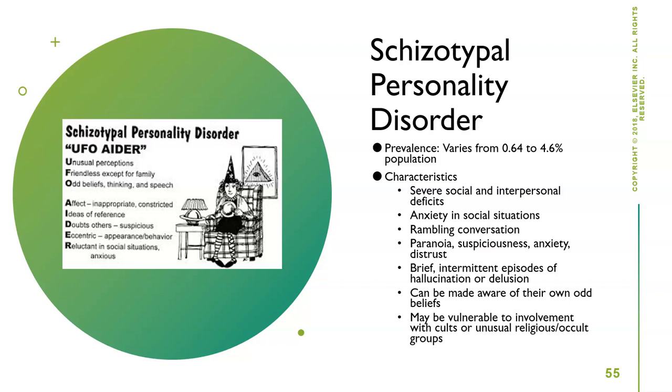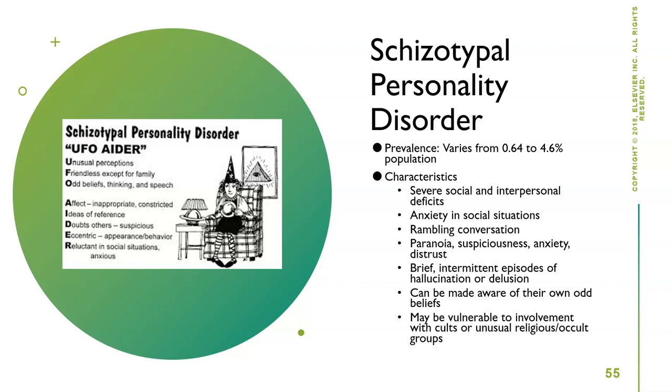And because they are just so odd, they have these social and interpersonal deficits. They can be more anxious in social situations. While they may contribute to conversation, you're like, what are you saying? And they could have some paranoia or be overly suspicious of other people. They may have some hallucinations, but to a lesser degree and only briefly, not as invasive as we would expect